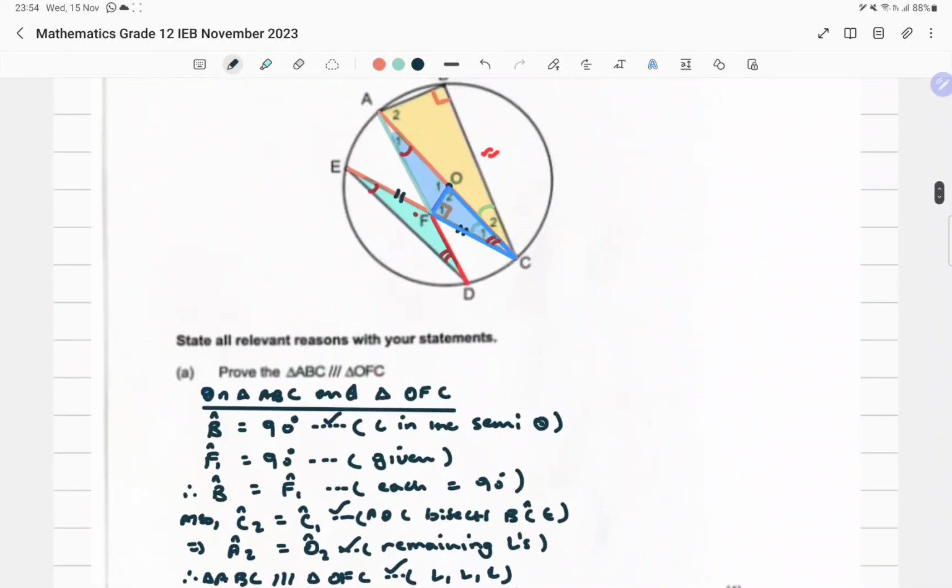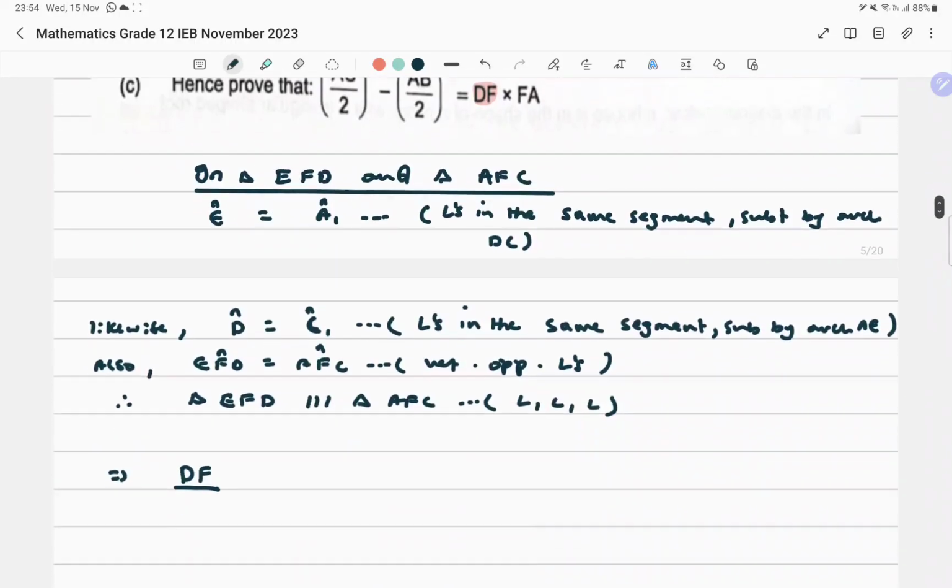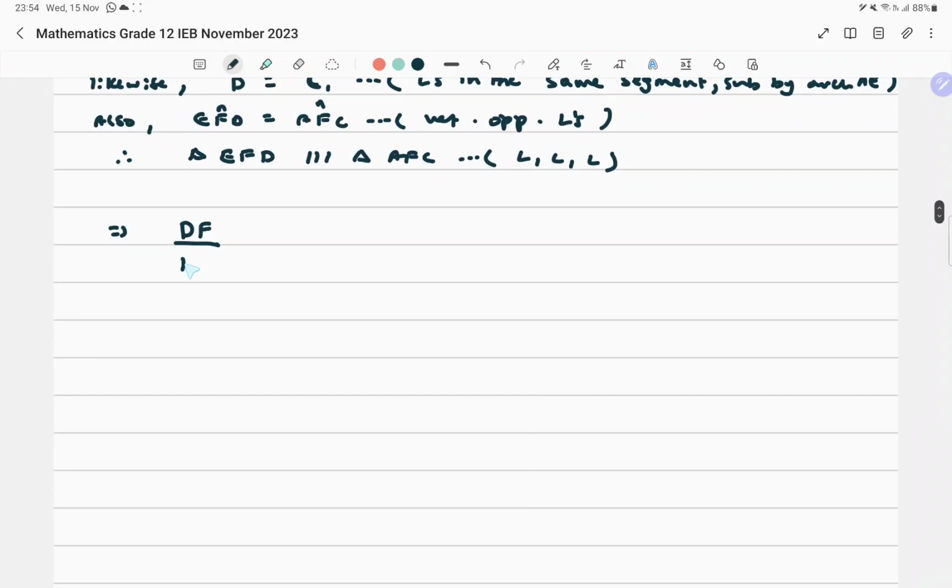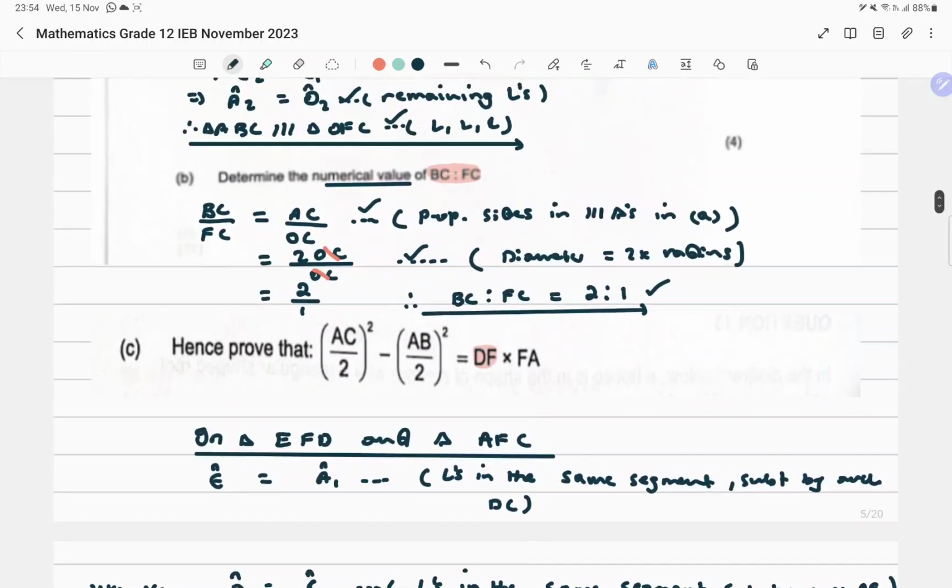So we've got FC there. Must be equal to,